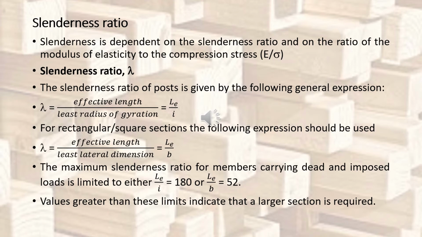For rectangular or square section, the expression is modified to effective length again over the least lateral dimension, that is effective length divided by B. So if you've got a rectangle, you're going to have cross-sectional dimensions B and D, so you use the B. For a square, there's no issue, you use B, but for a rectangle, you have to use B as the